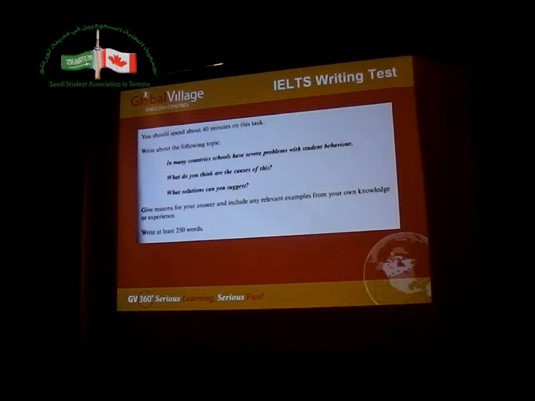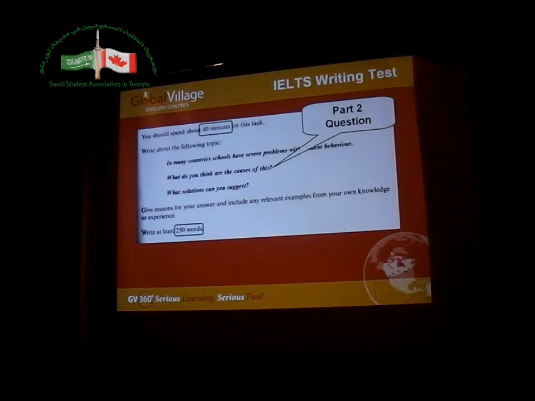250 words. That's difficult, but not as bad as TOEFL. You only have 30 minutes in TOEFL. You're going to write your answer here and continue on the back. For part 2, the IELTS score requirements are the same as part 1, except there are a few different things, of course. These are the public versions.